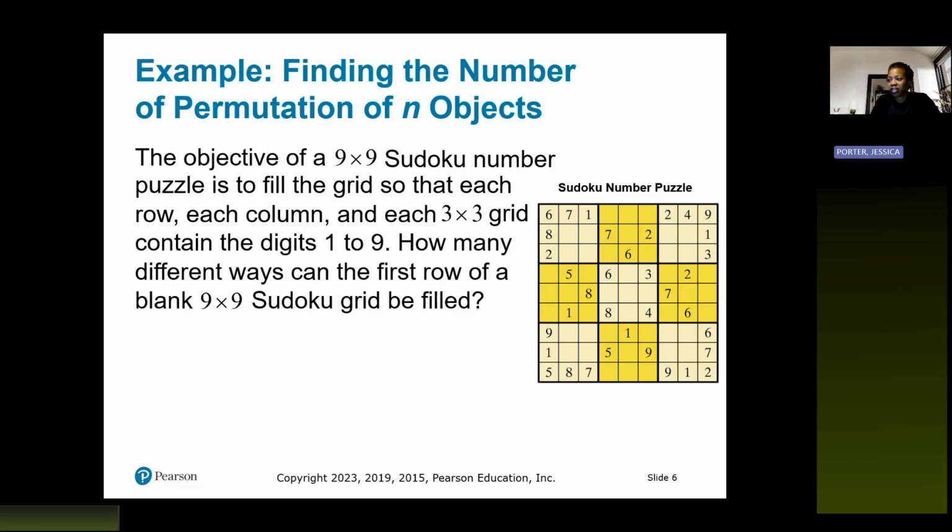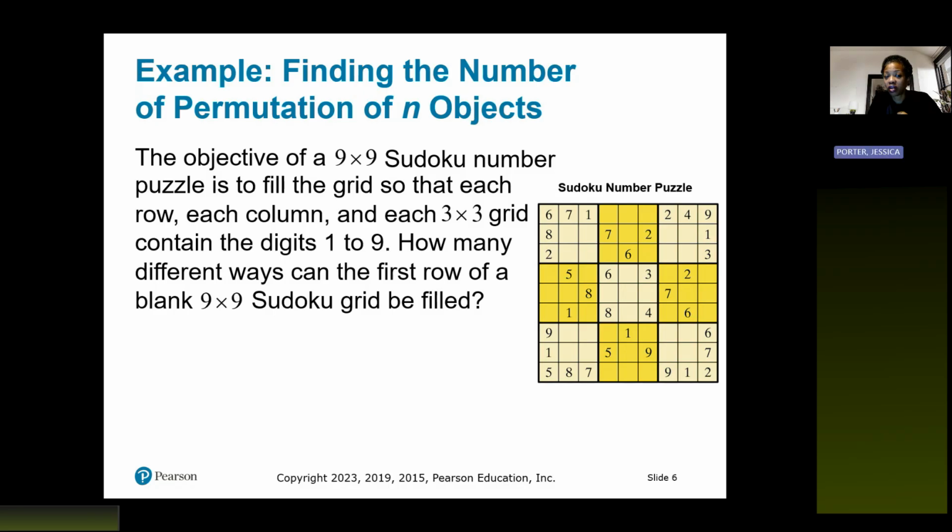Let's apply. All right, the objective of a 9x9 Sudoku number puzzle is to fill the grid so that each row, each column, and each 3x3 grid contains the digits 1 to 9. Anybody remember playing Sudoku? It became popular for a minute there. How many different ways can the first row of a blank 9x9 Sudoku grid be filled? How many different ways? Well,